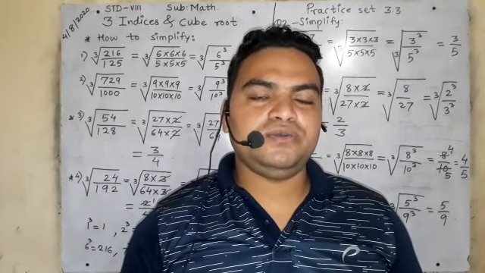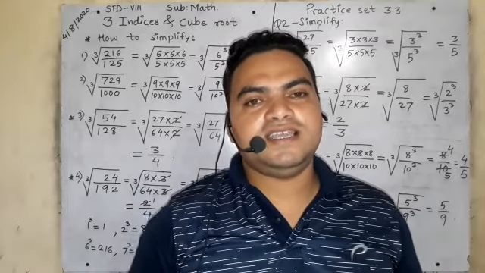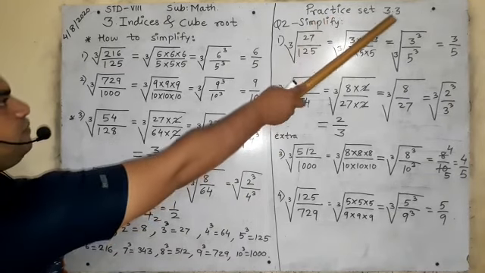For question number 2 and question number 3, it is a must that you know the cubes of 1 to 10. Is it clear? So please look at the board. I will take the revision first. Cube of 1, 1. Cube of 2, 8. Cube of 3, 27. Cube of 4, 64. Cube of 5, 125. Cube of 6, 216. Cube of 7, 343. Cube of 8, 512. Cube of 9, 729. Cube of 10, 1000. This is very important. You should learn it so that you can solve practice set 3.3 question number 2